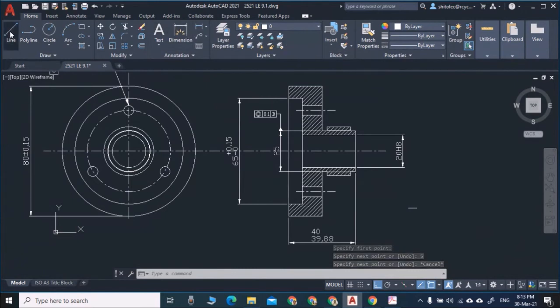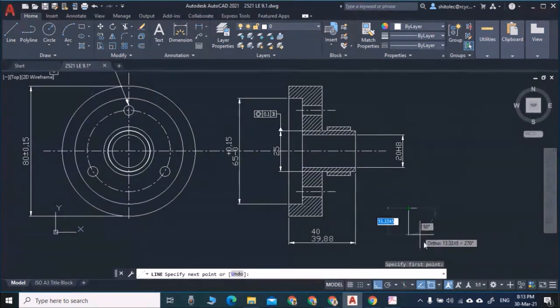And now I will draw down at the angle of 60, and again angle of 60. So this angle is minus 60 at the rate, sorry, at the rate, angle minus 60.